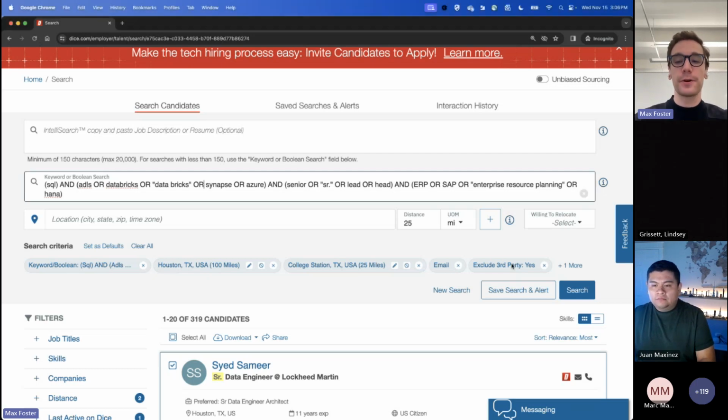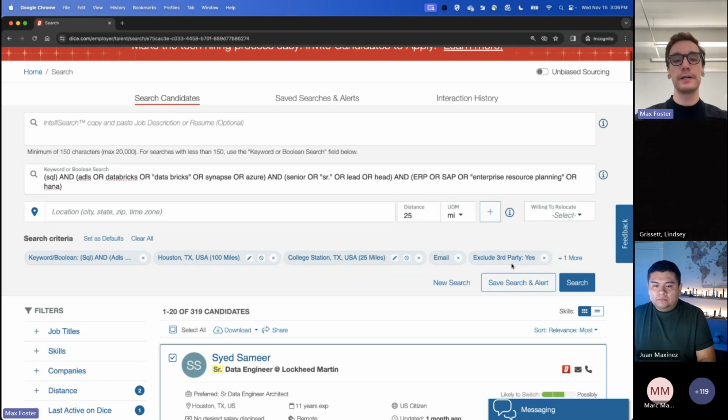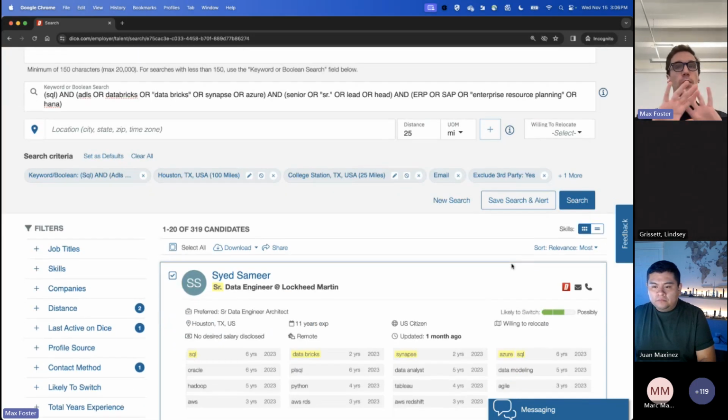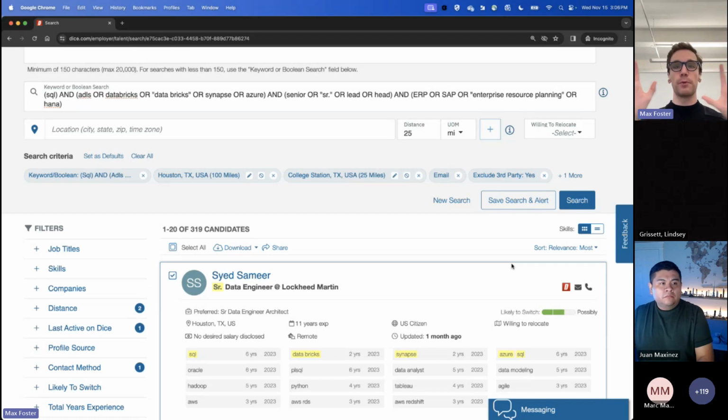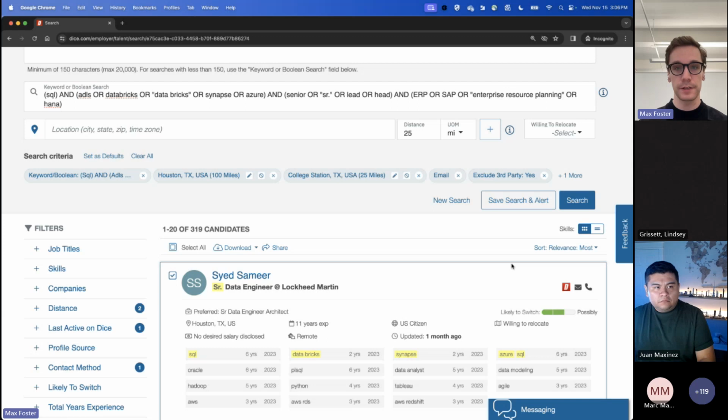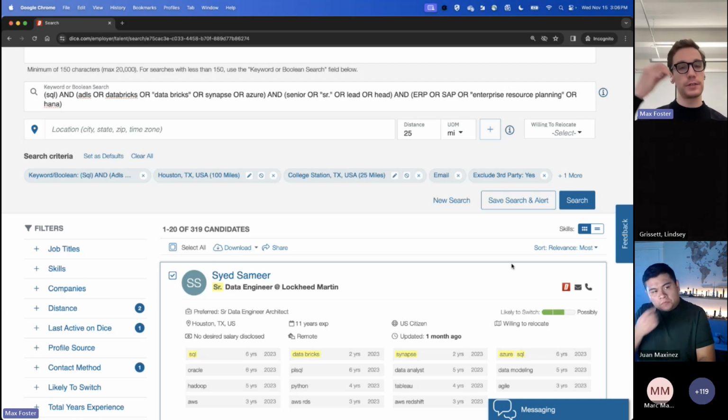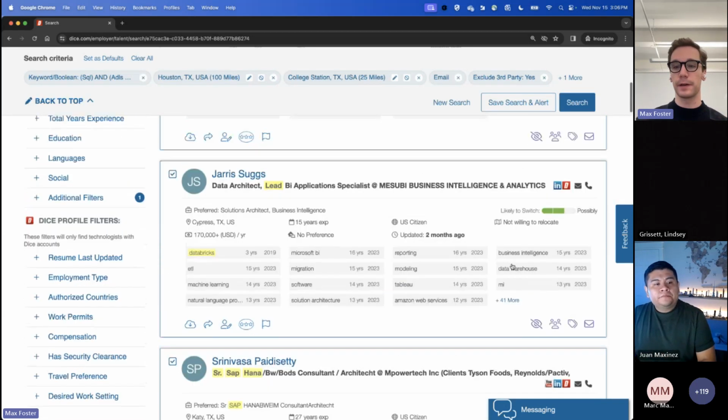Yes, okay. So third party here is basically Dice scrapes from almost 200 different online portals, databases, online systems, and we take that data and we combine it with our Dice profiles. So that way, if you're looking at a candidate, you can also see that maybe they have a LinkedIn.